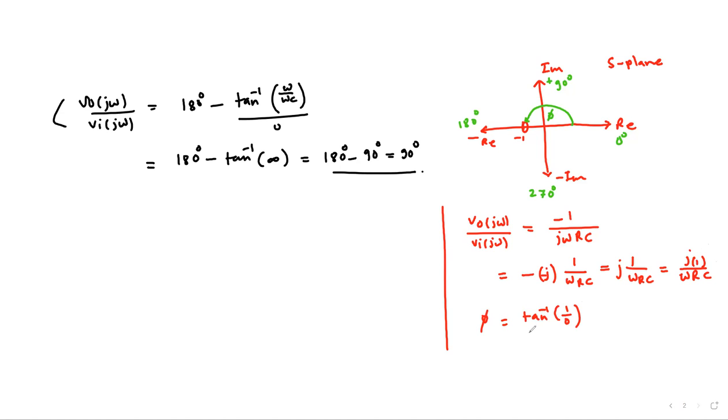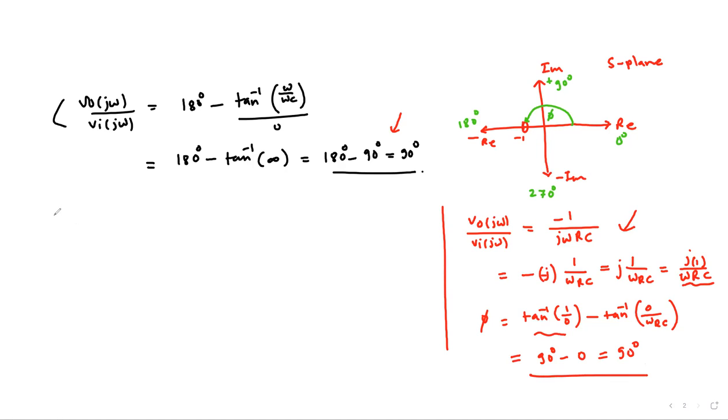So that's the phase of the numerator, minus tan inverse of the denominator. Here the real part is there, but the imaginary part is 0, so 0 divided by omega RC. We see that it's 90 degrees minus 0, so again, this is 90 degrees. So there are two ways, one is this one or the other is this one. This is how we got the phase here. Okay, so coming back to our expression,